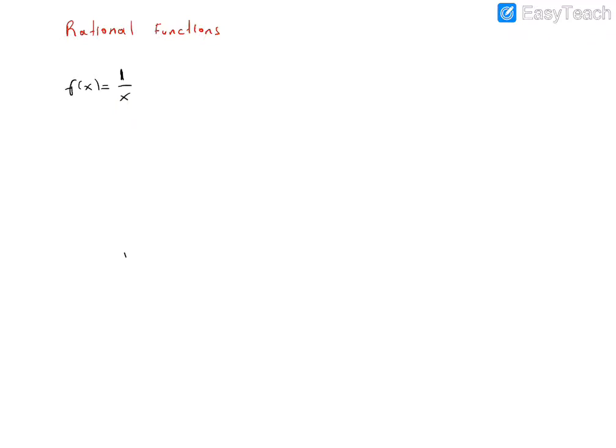We can give some other examples. For example, x minus 3 over x squared minus 1. So here, this is a linear polynomial, and this is a quadratic polynomial. So this is a rational function. We can use several examples. Also, a constant function or polynomial function can be considered as a rational function because their denominator is 1.